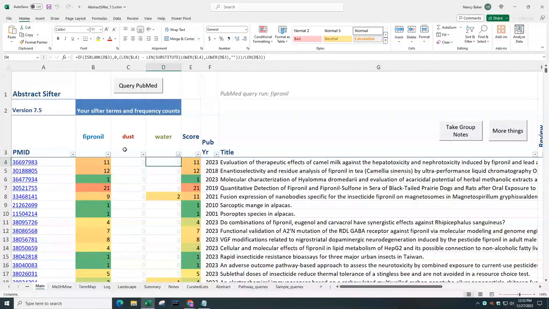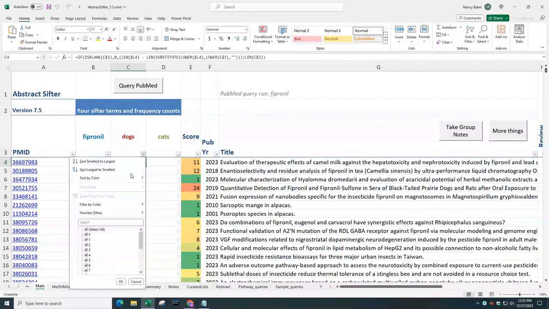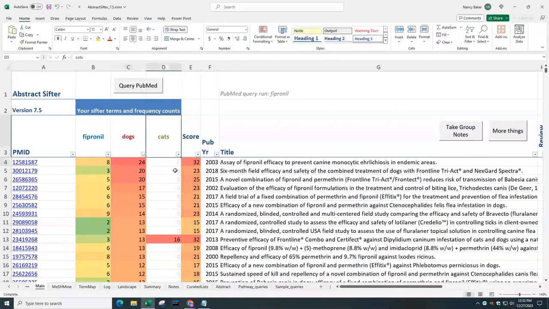So oftentimes people ask me, you only have 3 cells here where I can do sifting. So here I've put in fipronil and dust and water, but pretend I want to go through different species of animal that could use fipronil. So I could put dogs here or cats here, and then I can sift on those terms as well. But what if I also want to look at